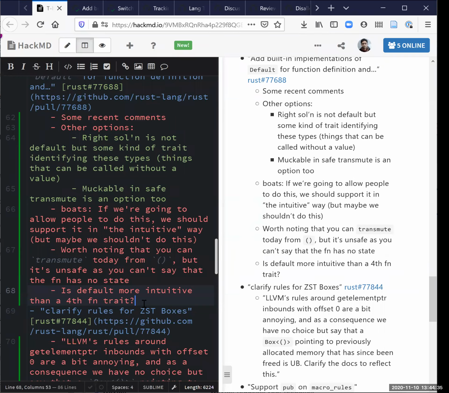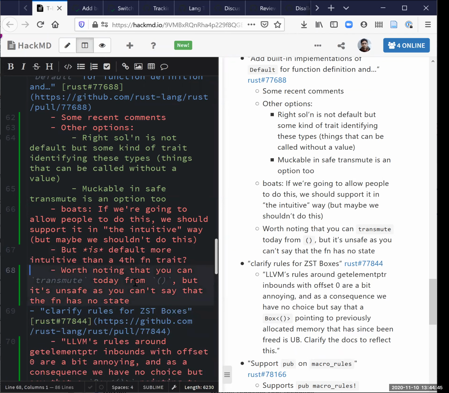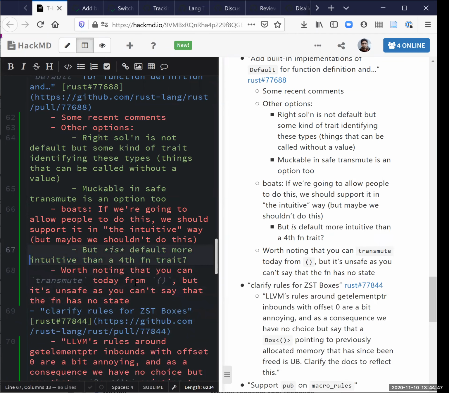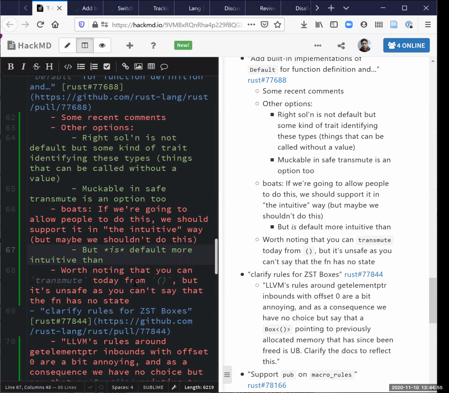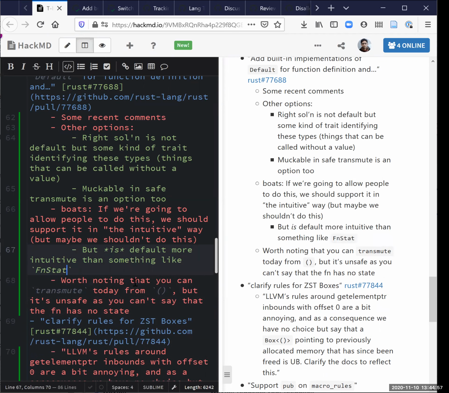something that you probably have never actually done, people writing a T: Default bound seems really rare. I've never done it outside of standard library methods. That is sort of weird. Yeah, an fn static that lets you call it without having an instance seems kind of reasonable, I agree. I don't know if it's worth it, but it doesn't seem all that confusing to me. So yeah, I don't disagree.